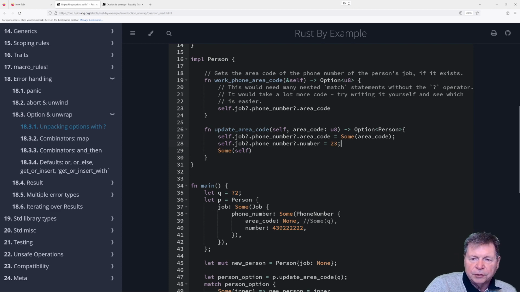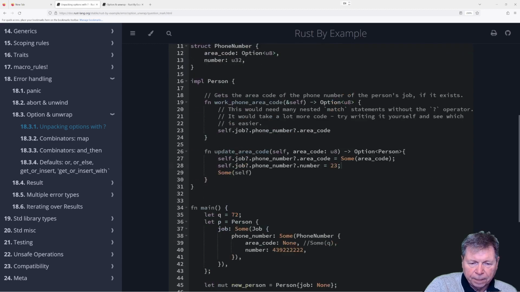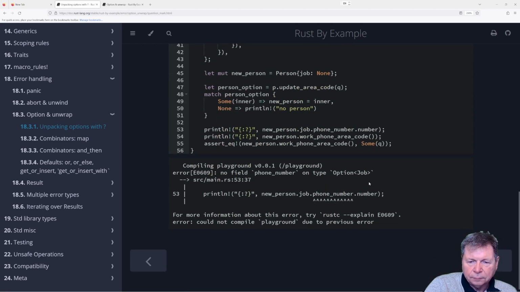Okay, so let's try running this. No field phone number on job. What? Oh, because it's option.